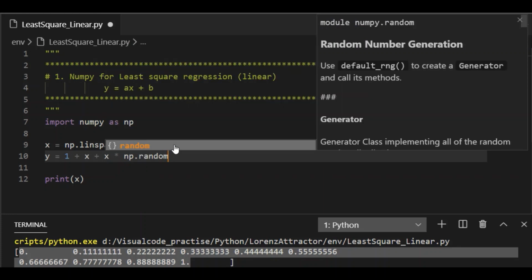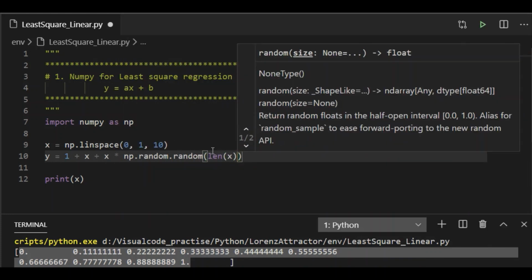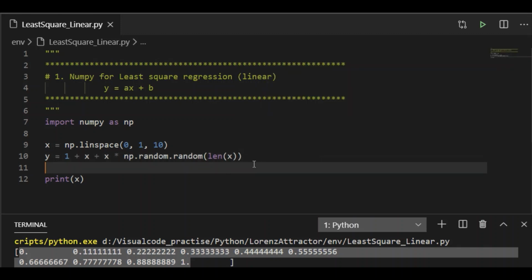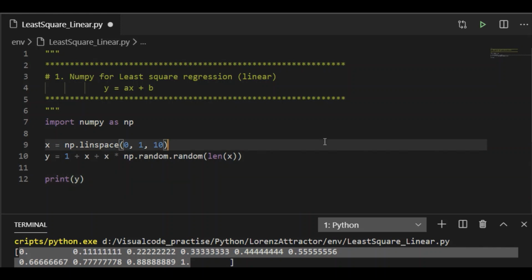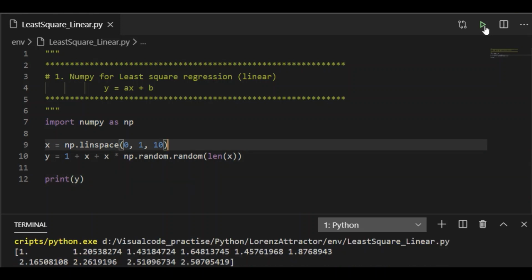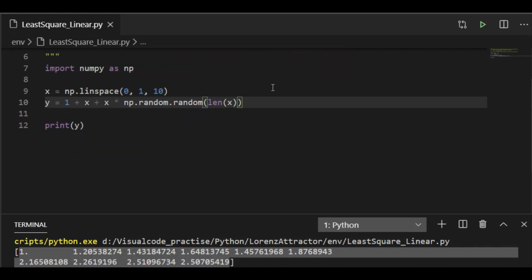Take b equal to 1 and add the noise to x by calling random values within 10 here. And on printing the value of y, we can see y is definitely greater than 1 because here 1 is added, b is equal to 1.